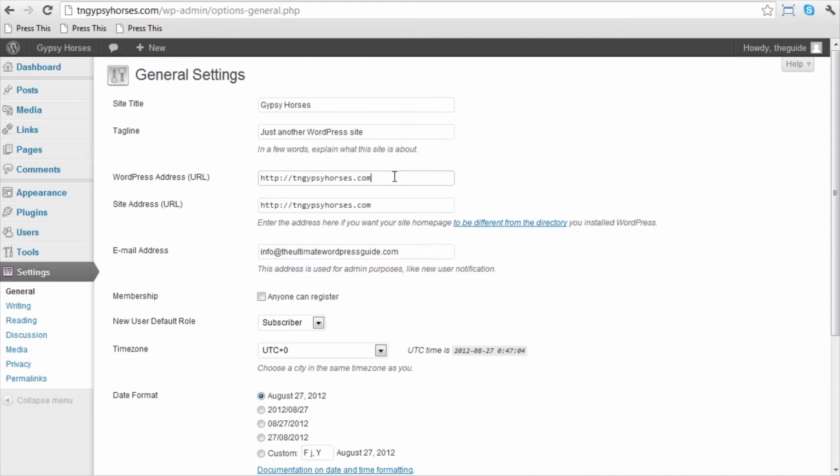Okay, so WordPress address and site address. Why do we have two addresses here? I used to wonder the same thing. And what this is for is some people don't like all those WordPress files and folders cluttering up the root of their site. You know, the wp-content, the wp-includes, the wp-admin. So what some people like to do is just create a subfolder, call it WordPress or CMS or something, and